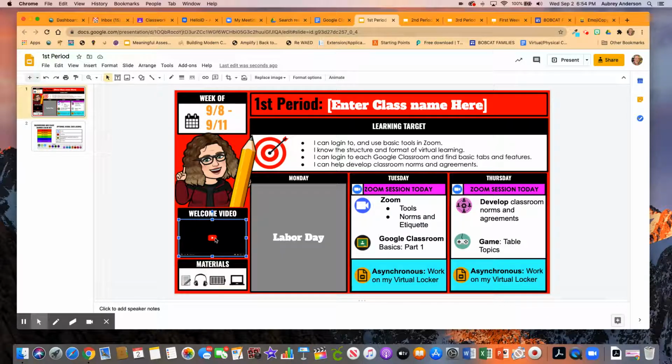We don't want it to bog down your feed, but we do want the kids to see your face and start making those personal connections. So you may want to walk them through what it is they're going to be doing. So review the learning targets, review the activities, the agenda for the week, and review what they would be working on